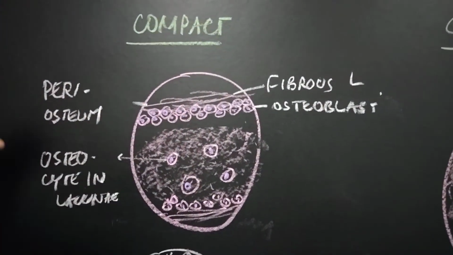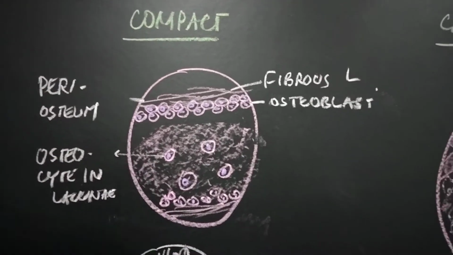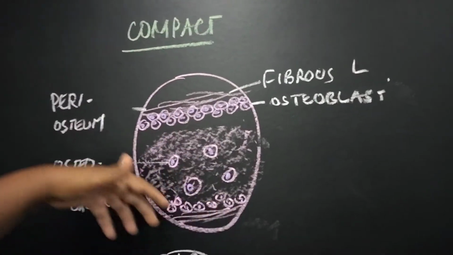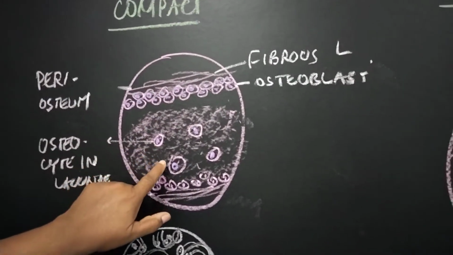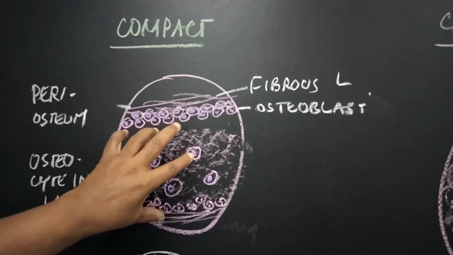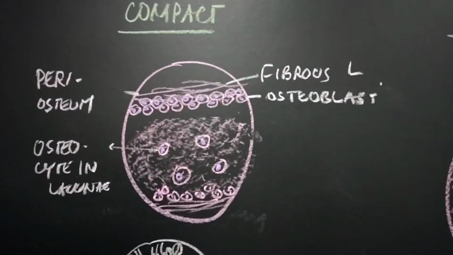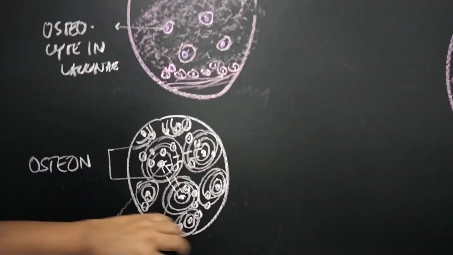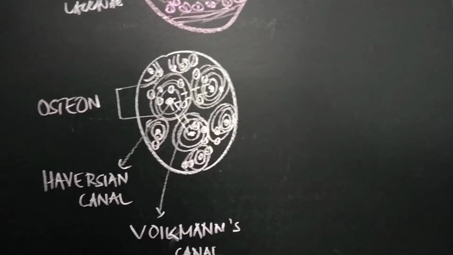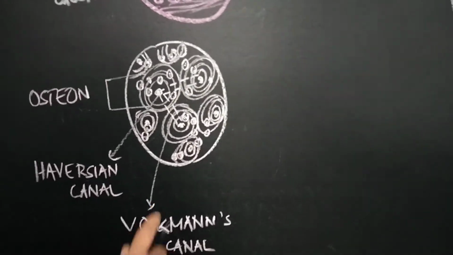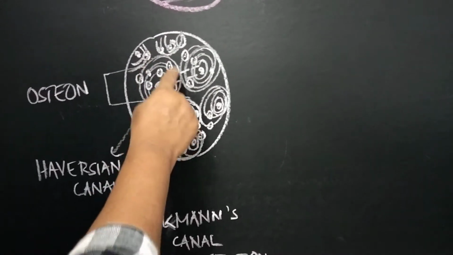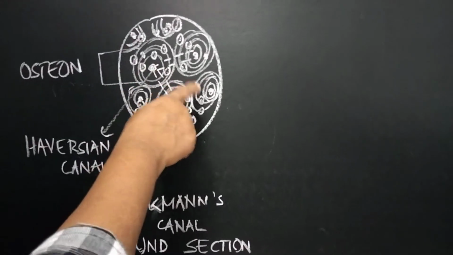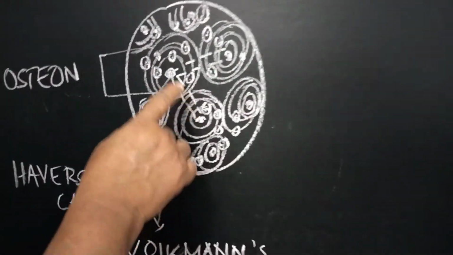Now when we do H&E staining of the compact bone, a decalcifying agent is used, so the calcium goes out, and the whole mass looks like this, with the osteocytes in place in the lacunae. This is the compact bone in the HE preparation. But if you want to see the compact bone in the ground preparation, where the bone is sliced, we see the Haversian system present in the compact bone. We can see a laminar pattern and a longitudinal pattern. This is a canal present inside.